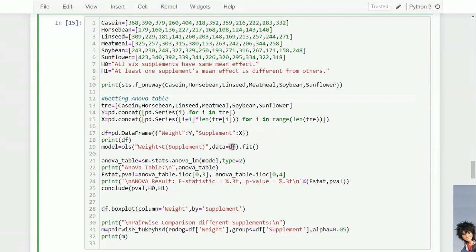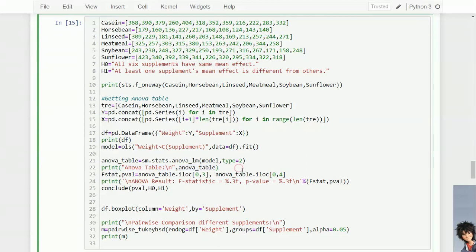Data is equal to the data frame, and we have to fit. For that model, store the ANOVA table here, anova_lm, and here the ANOVA type is equal to type 2. Print that ANOVA table.